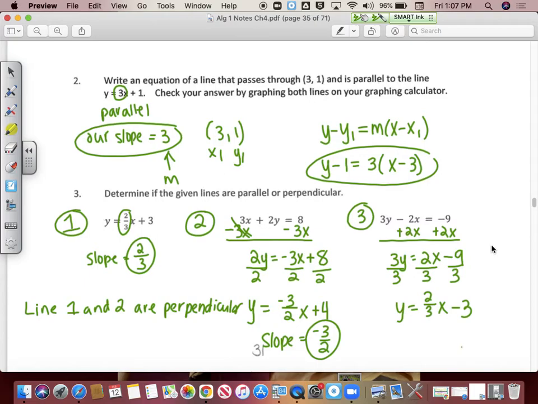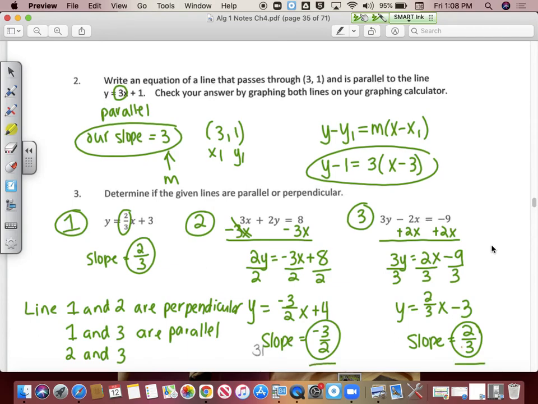All right. Let's look at line 1 and line 3. Line 1's slope is 2/3. Line 3's slope is also 2/3. So that means that line 1 and 3, since they are the same exact slope, they are parallel. And the last combination of lines would be line 2 and 3. So line 2, its slope is -3/2, and line 3's slope is 2/3. Well, since these are opposite reciprocals,